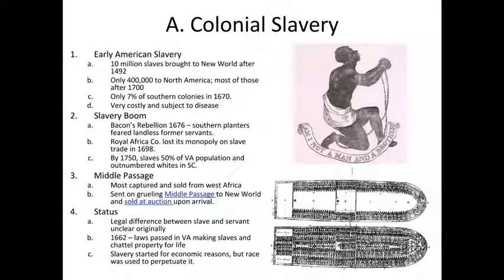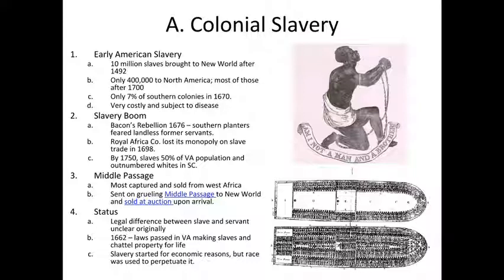And since they had control over Canada, and if you know anything about the history of slavery, most slaves, especially on the Underground Railroad, tried their best to get to Canada because that was free territory for slaves. So in Canada, there was no slavery in the northern half of North America. Only about 400,000 came to North America. Most of these came during or after the year 1700.